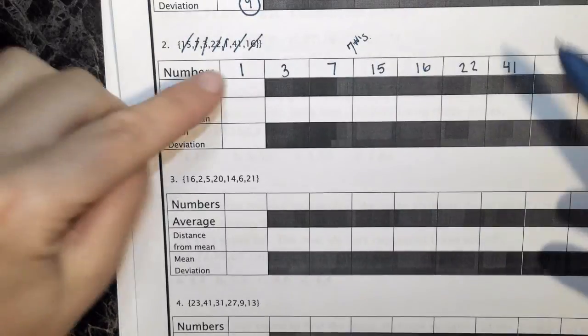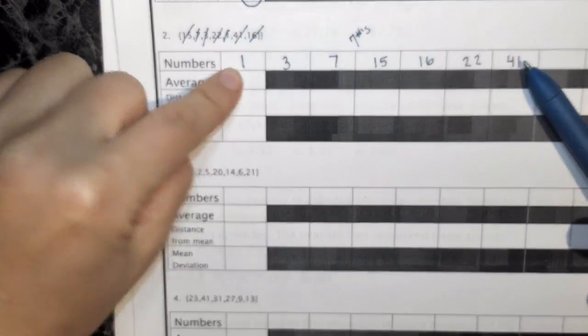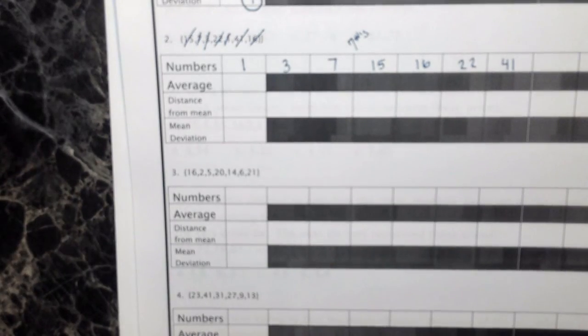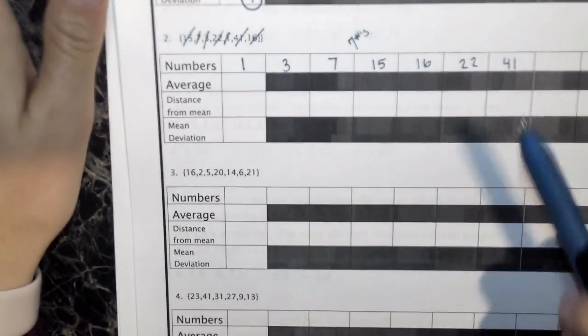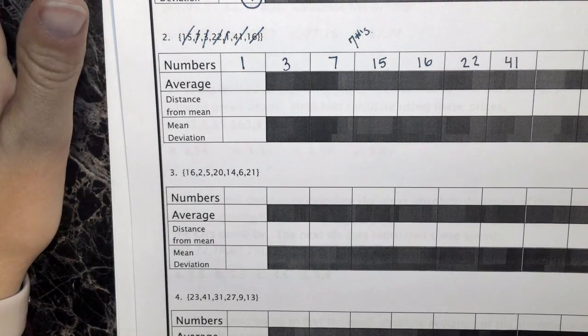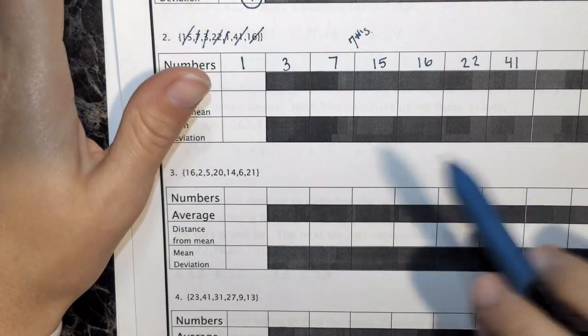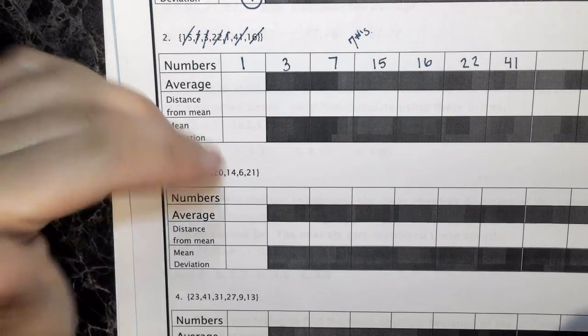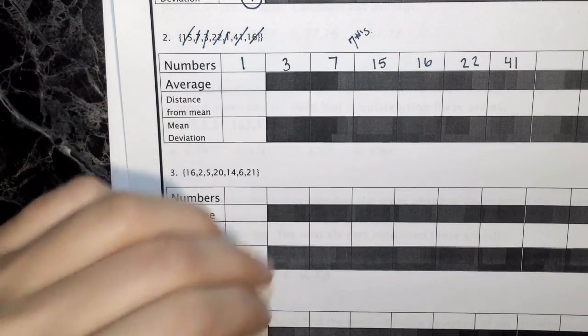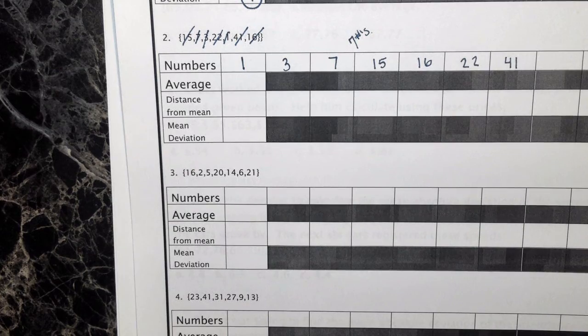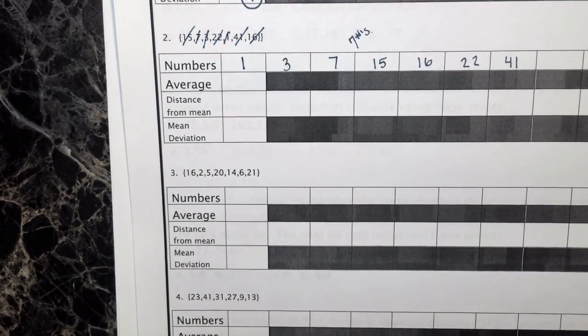Now, if you look here, you're going all the way from 1 to 41 with only 7 numbers, so your numbers are really spread here. You're going to see that 41 is way higher than everything else because most of these are pretty small, and then you jump all the way to 41. When you start doing it, that's what we call an outlier, and that's what a mean absolute deviation is going to help you see. What is your actual outlier here? So,